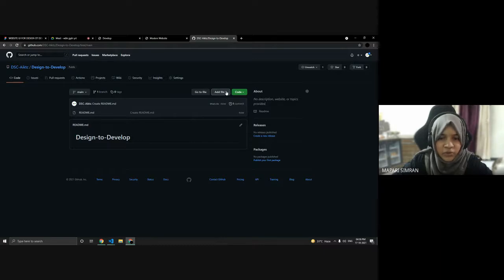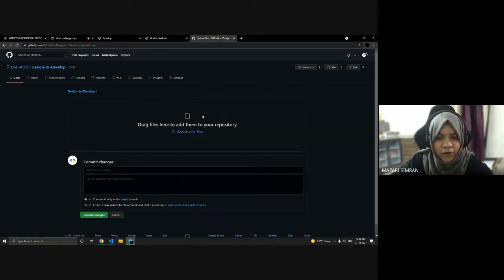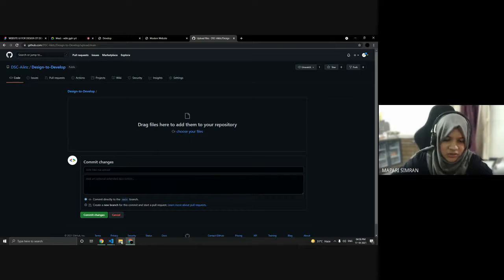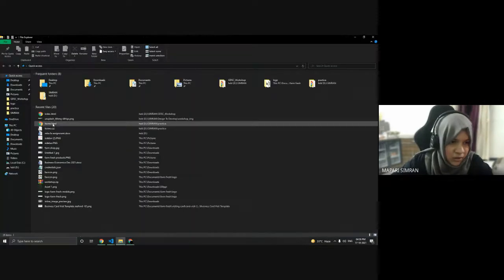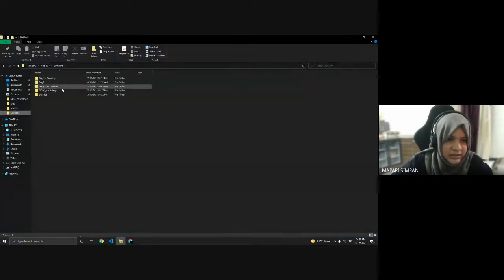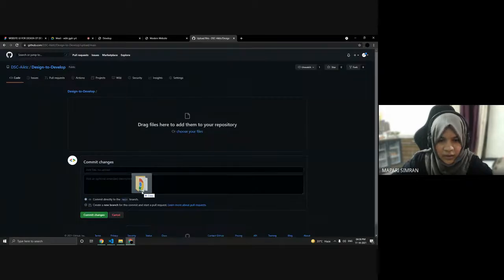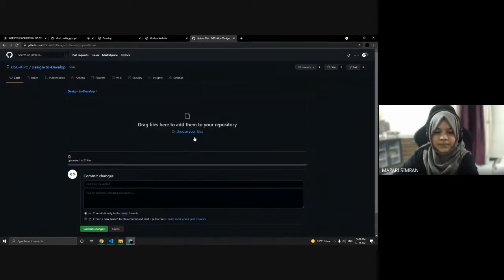So I'll be showing you how to drag and drop your code files here. So click on upload files, and then you can go to your file and drag and drop from there. I'll go here, it's this GDSC workshop. So I'll take this and I'll drop it here.